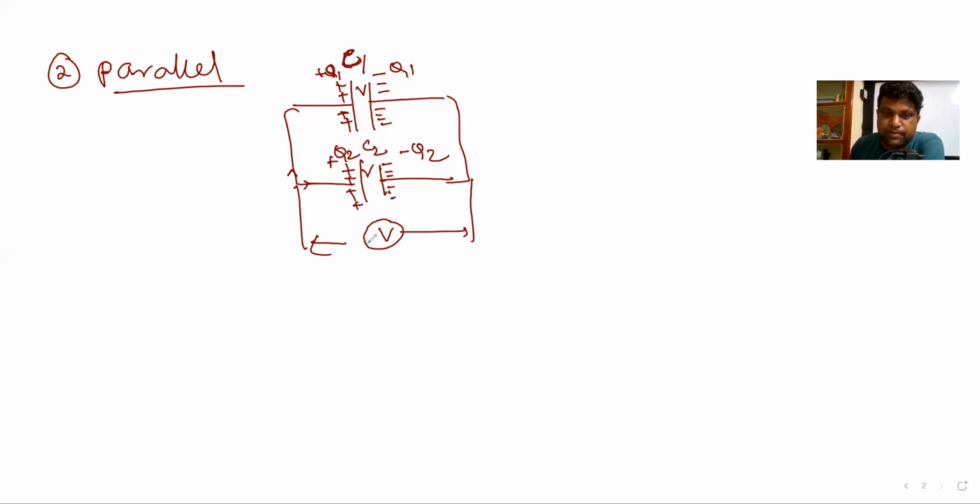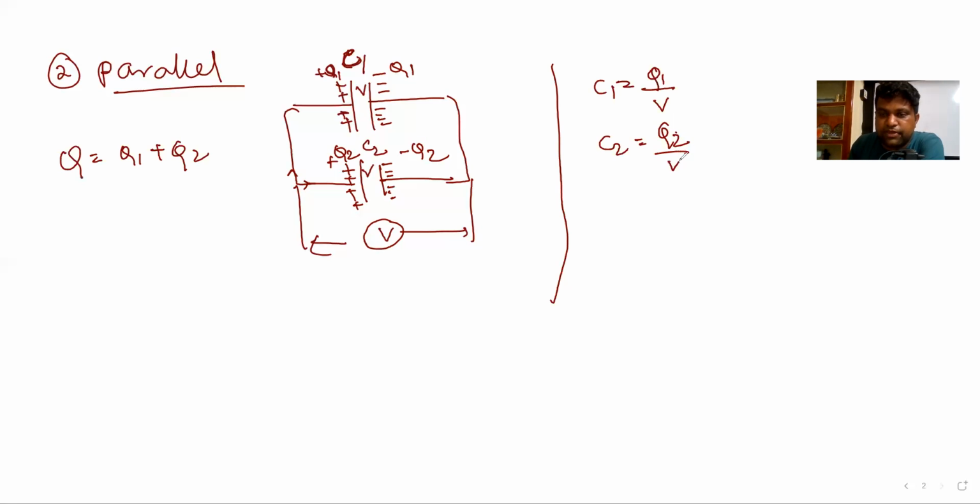So the net charge provided by the source voltage V will be divided into two, Q1 and Q2. So the logic will use that Q, the total charge provided, is equal to Q1 plus Q2. So we'll begin with this logic. And we will again use our basic definition of a capacitor, that C is equal to Q by V. Here V is the same for both capacitors, Q is different. So C1 is equal to Q1 by V, and C2 is equal to Q2 by V in the parallel case. And we can write that Q1 equals C1V and Q2 equals